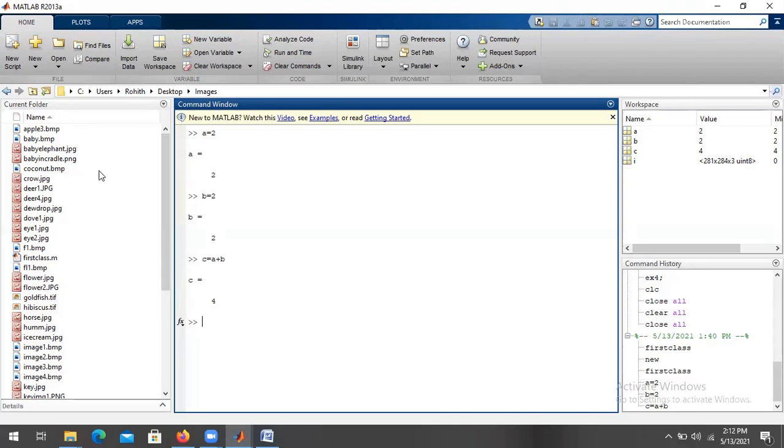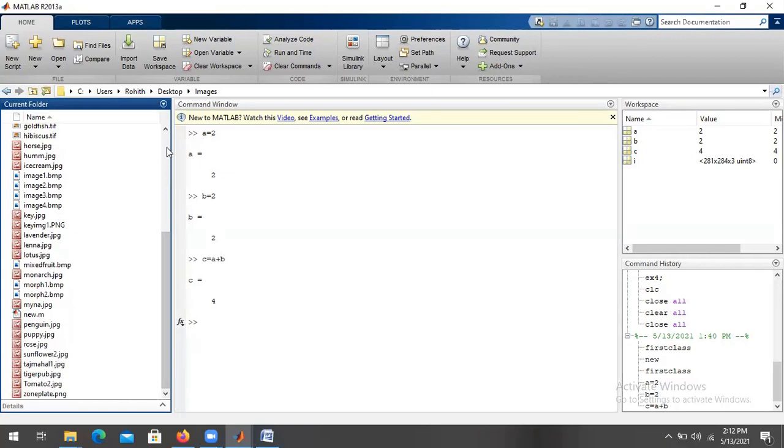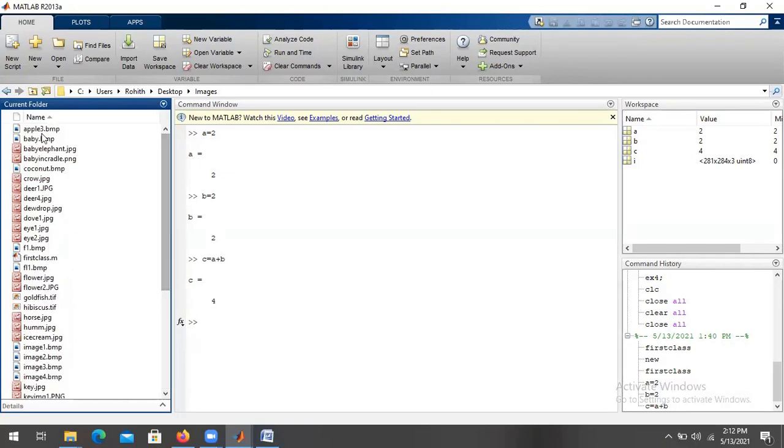And this is the current folder, on the right side. Whichever folder you are dealing with, the related files you can observe here, right? I have created an images folder, and that particular folder you can observe here.